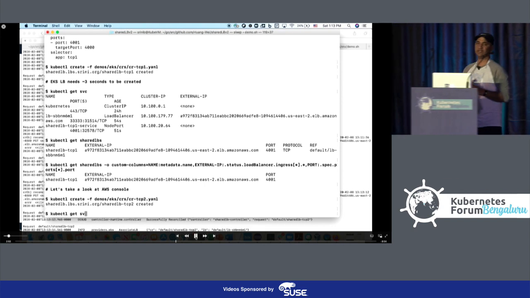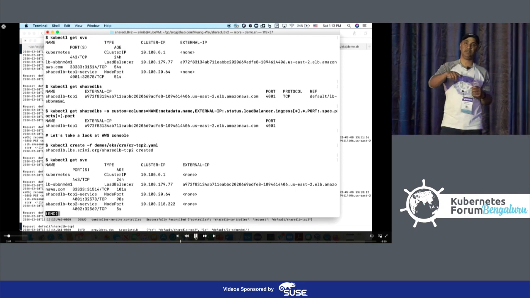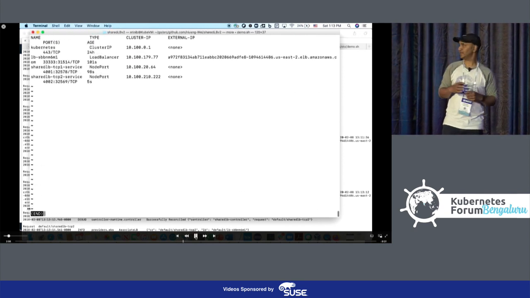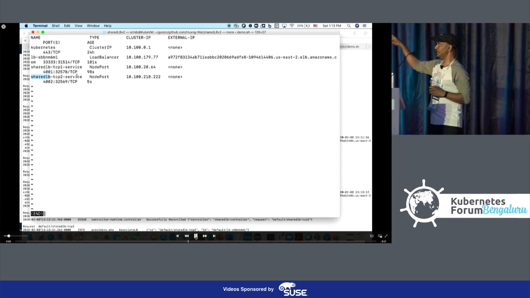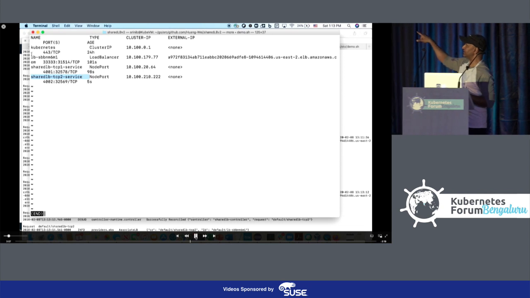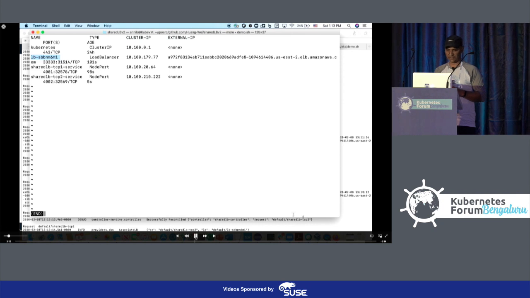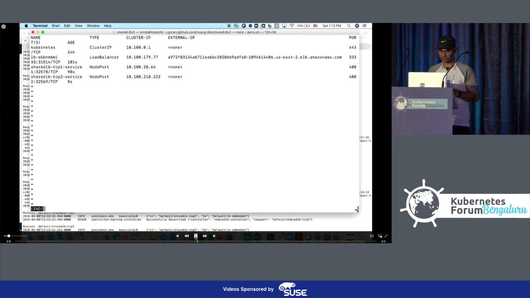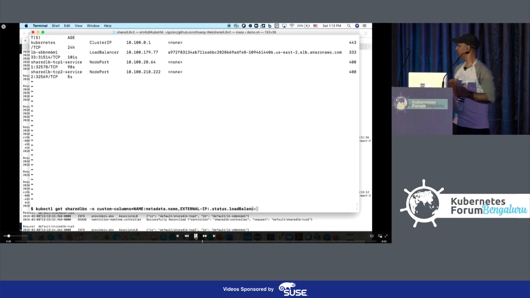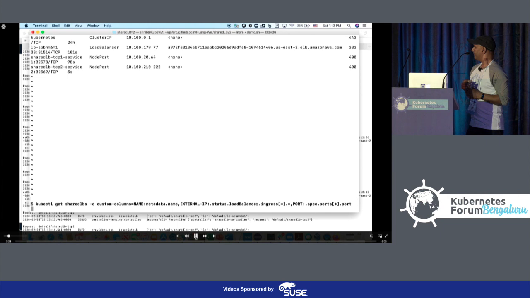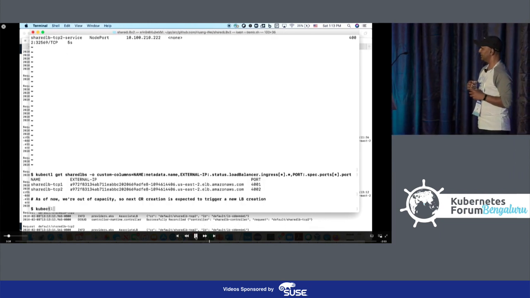Let's create the second one. What happens? Our capacity is 2, so that means we can still share the first load balancer. So the second shared LB will still use the first load balancer, and we will get an association pretty soon with the same load balancer. As you can see, the CNAME remains the same, and new port is